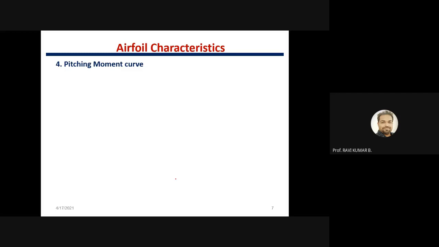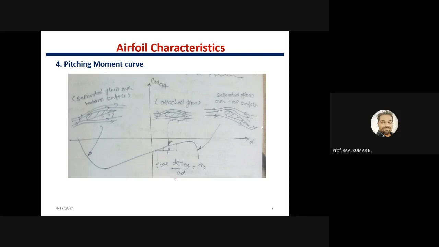Next one is pitching moment. As I said, as we know, when lift is getting generated, drag will also be there. Chances are there will be side force also acting on the airfoil. Because of that, your airfoil will be moving up or down, right? Or may go sideways. So pitching moment we have to talk about. When we are talking about pitching moment, we will be talking about nose up and nose down movement. That means there is an increase or decrease in angle of attack because of the generation of lift and drag over the airfoil.